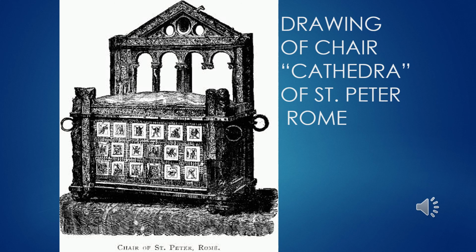So it's an oaken chair with metal rings on the side. And this is used, people will put poles through that to make it into a sedan. And if you remember, the Romans used sedans to carry people through a crowd. And that's how it was traditionally used, was to carry the Pope through the crowd.